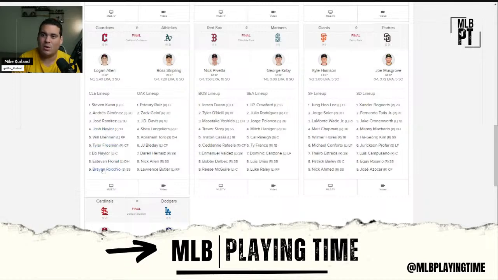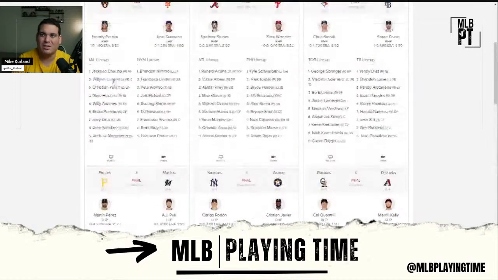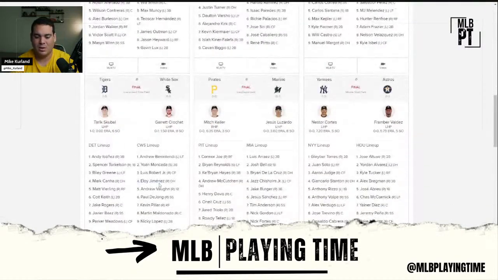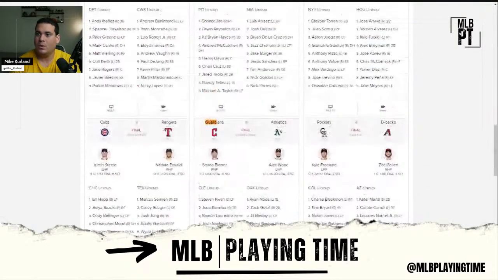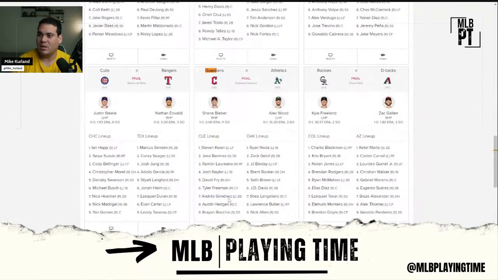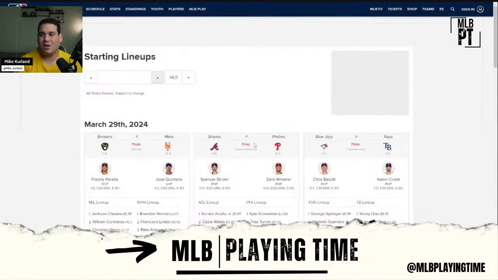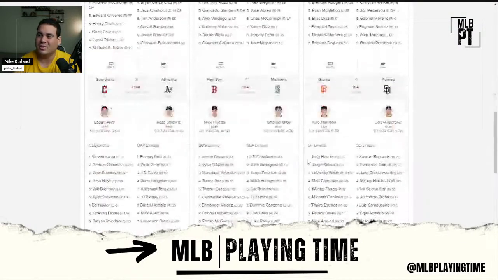Jimenez does bat lower against lefties, and weak side platoon guys include David Fry. I think Arias. We'll look it up right now because the other day it was David Fry. I thought Tyler Freeman was going to be a weak side platoon guy, but I guess he's full time. Hedges and Laureano might be. Arias might factor in as well if injuries happen or days off, like if Jimenez needs a day off. Whatever it might be, we'll see. But yeah, it's a really ugly lineup. Sorry, Cleveland, but it is what it is.